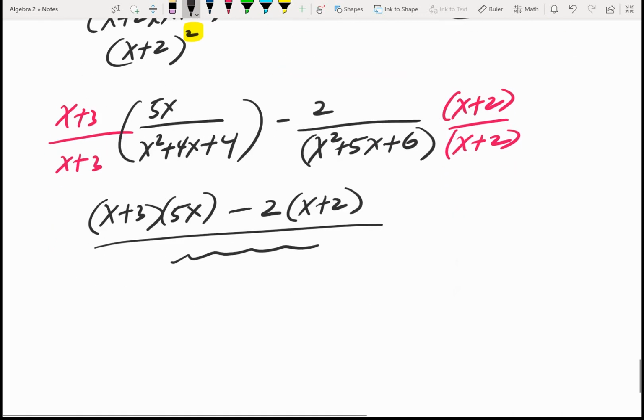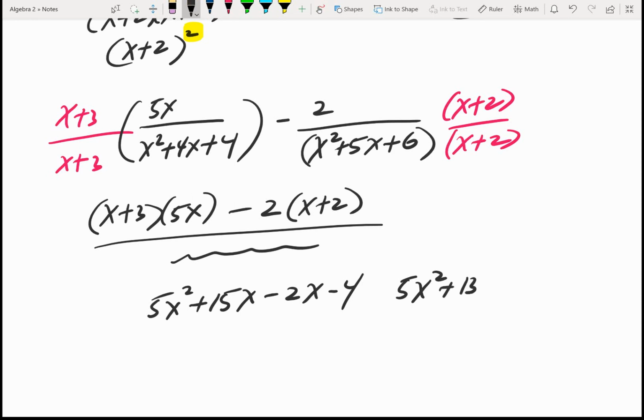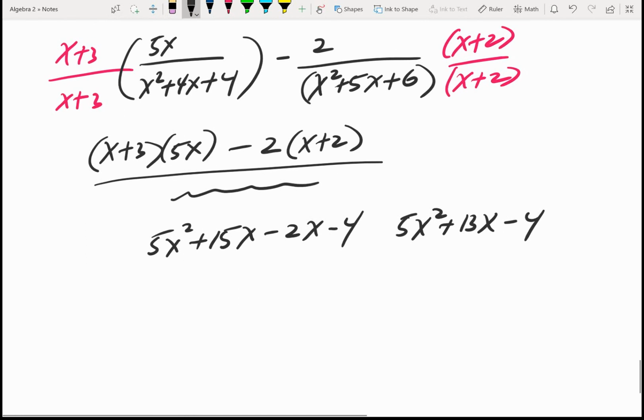So this would give me 5x squared plus 15x minus 2x minus 4, and so that would be 5x squared plus 13x minus 4. That would be my numerator. So my final answer would be 5x squared plus 13x minus 4 over